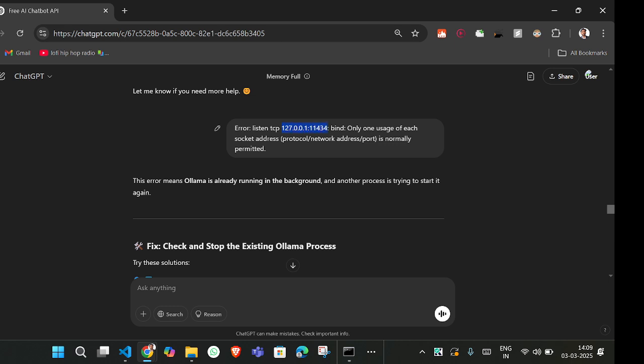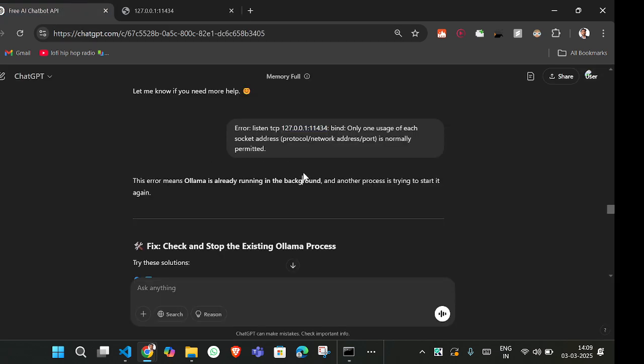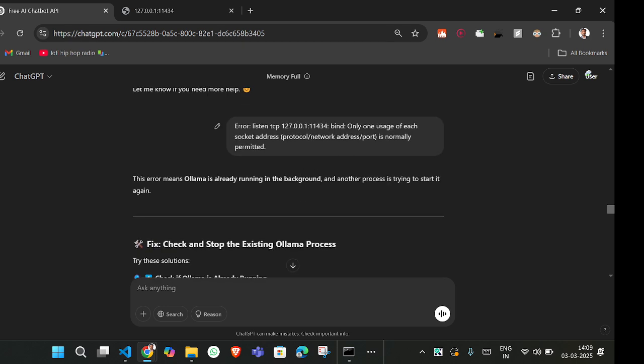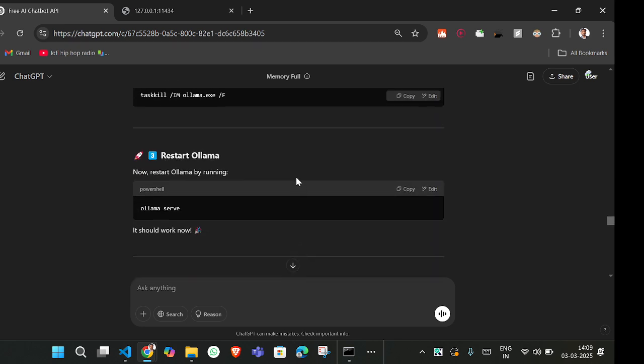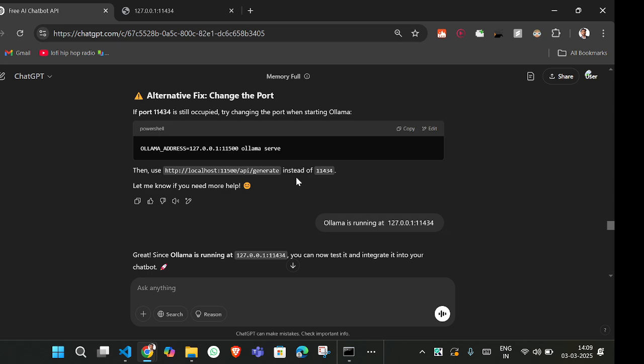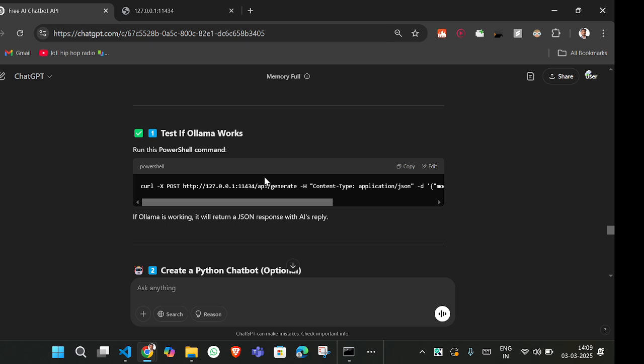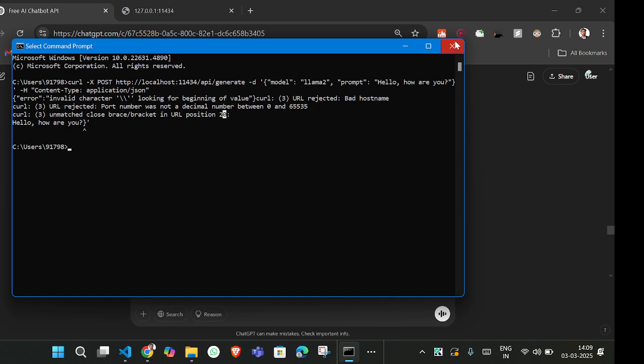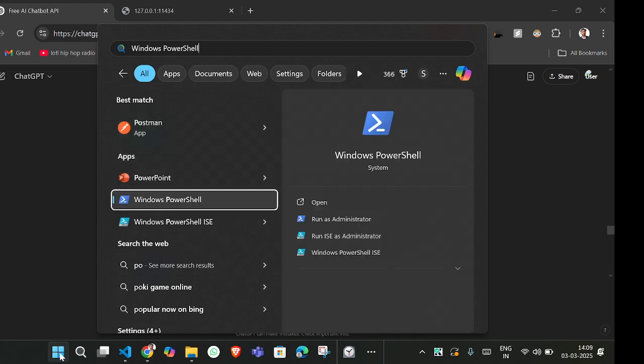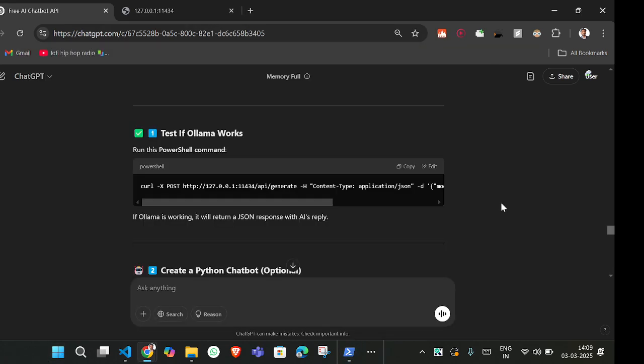This is the link. Ollama server is running, you can see that. There is an error: only one usage of each socket address. So Ollama server is running, we don't need to do anything. Now run this PowerShell command. Okay, we delete this. I'll open the PowerShell. I'm doing it like a beginner. How will a beginner proceed with this